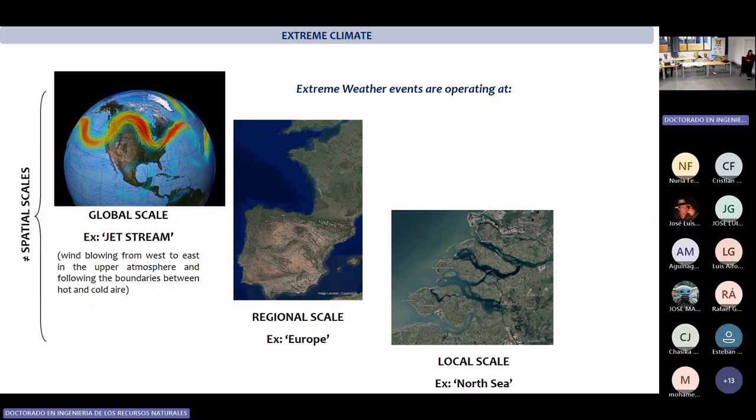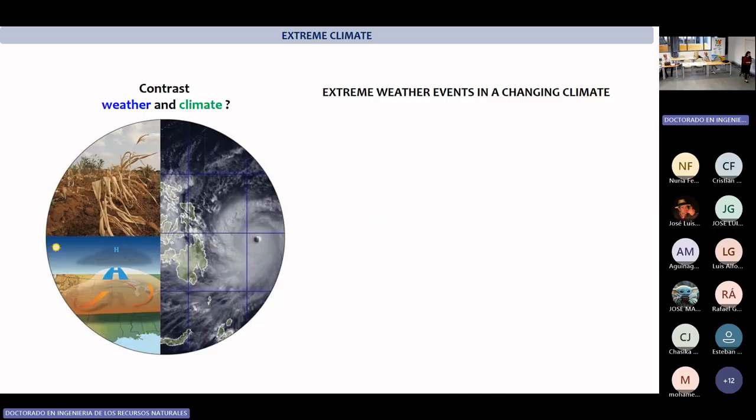As well, in the spatial scale we have the global, the regional, and the local ones. For example, if I am interested in the coast of Asturias, I cannot look only at what is happening in Asturias. I have to look at all the regional scales, and from the regional scales it will be useful for me to understand the behavior and changes of the hydrodynamics that would be used as an input for the local scales. So we see we have many interactions.